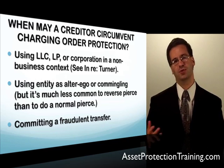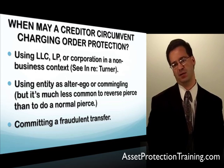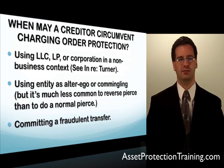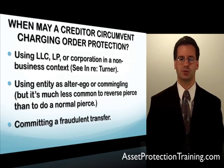Now, fraudulent transfer is not a crime. It's just really a remedy a court can use to undo the transfer into the LLC so that the asset's back in your name so that the creditor who has a judgment can grab that asset. So it's not fraud. There are times where we give it a shot because we have so many reasons for what we're doing besides just asset protection, even though you have creditors on the horizon,